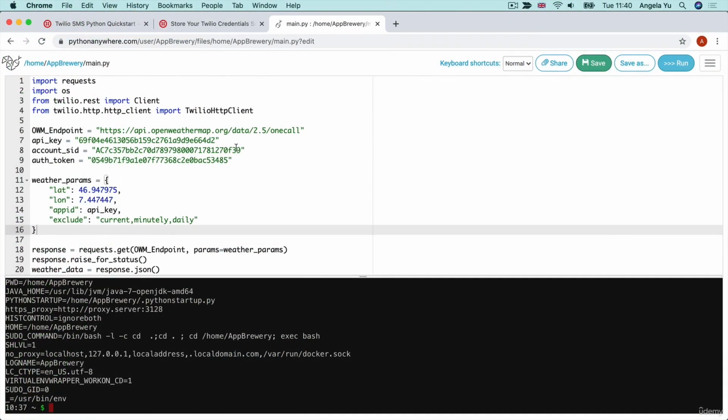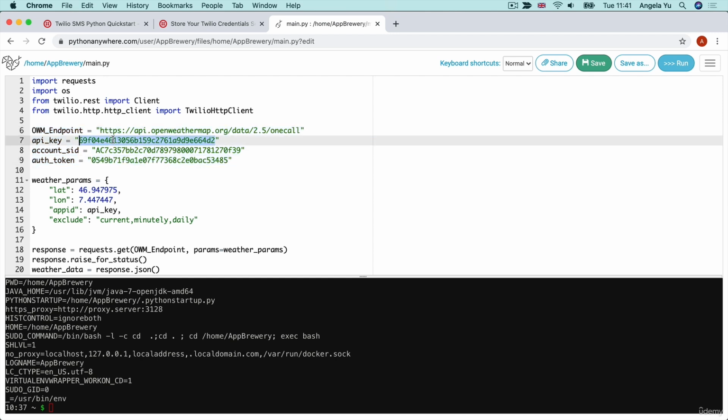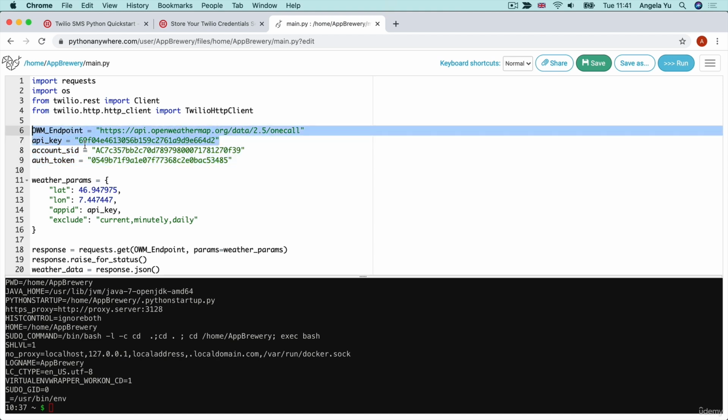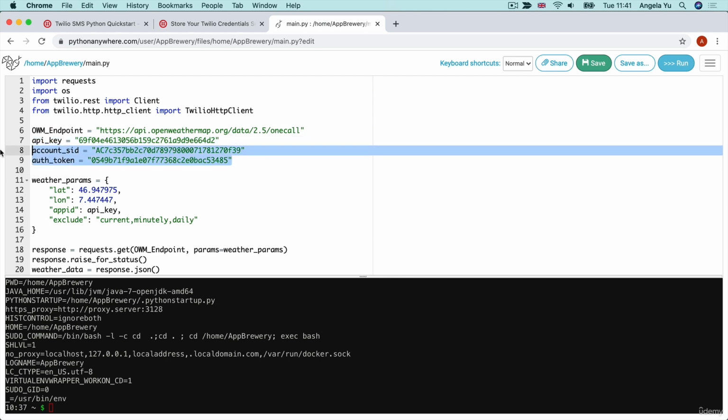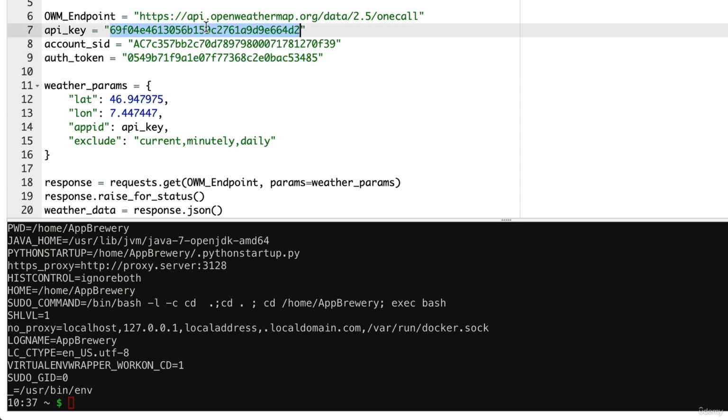In our case, it doesn't really matter because we haven't got a paid account anywhere in here. It doesn't really matter if somebody steals our auth token or our API key because none of those are linked to our payment details. Now, however, if we were to upgrade our accounts on OpenWeatherMaps API or on Twilio's API, then we definitely want to keep these two things secret, the auth token and the API key. Instead of having it located in the same place where we've got our code base, which means you might accidentally upload it somewhere on the internet where other people can see it, instead we can store these two things as